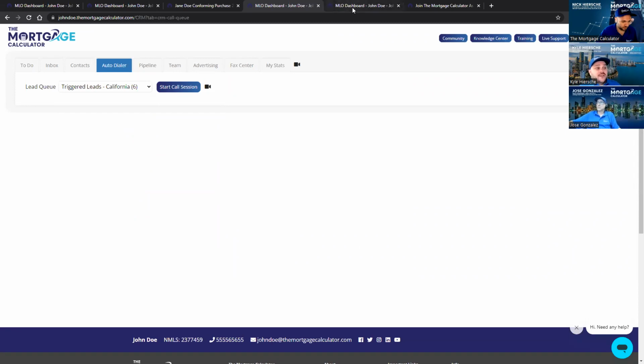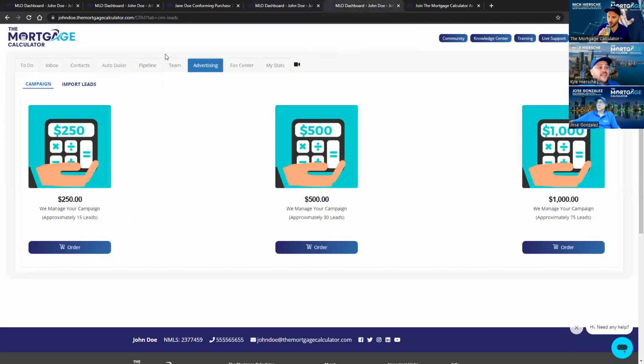Now, another way that you can work leads here through our system is through our advertising tab here. So you can get those same leads that we're giving you on a split. You can have us manage your ad campaign and get them directly for you without a lead split, right? So there's a couple different campaigns here. And what we do is we just take our campaigns that we know work, the ones that we're giving you for a lead split, and then we just copy that campaign and run your budget on it. So we can manage your ad campaign, and those leads do not have a lead split on them, right?